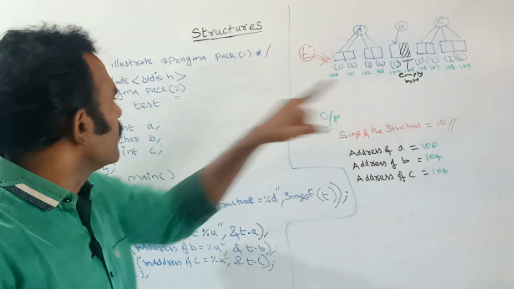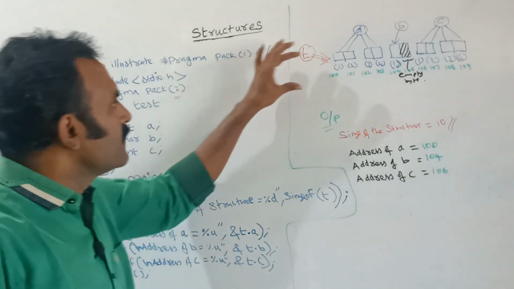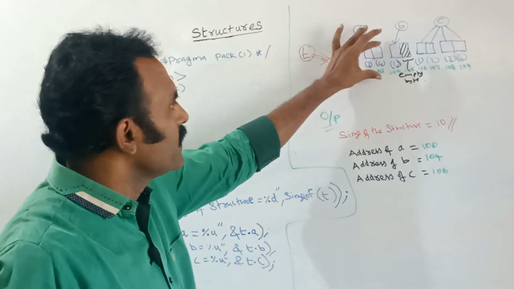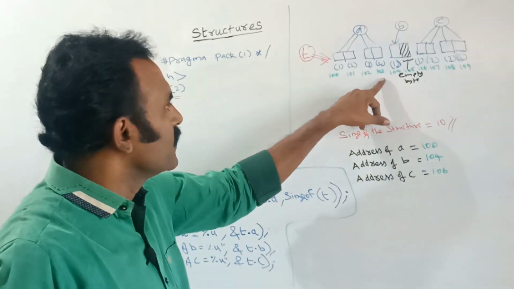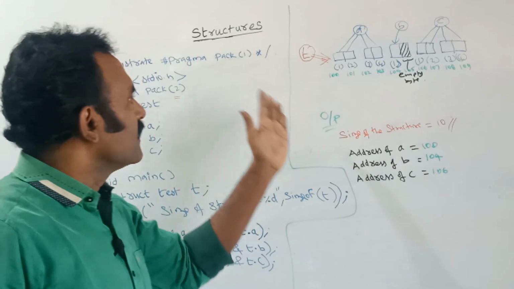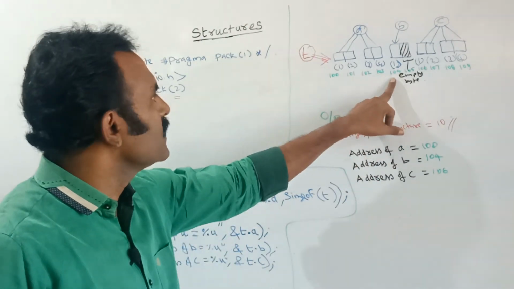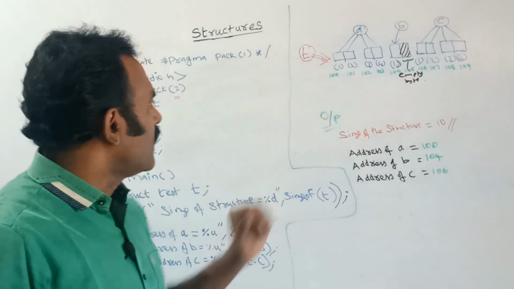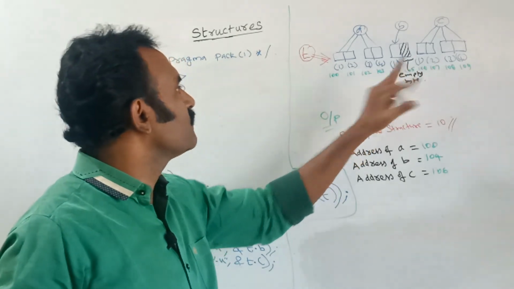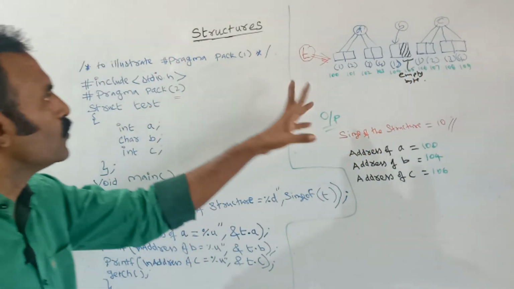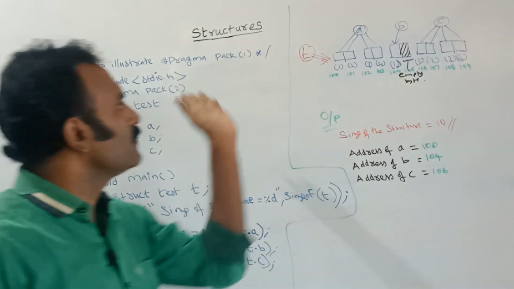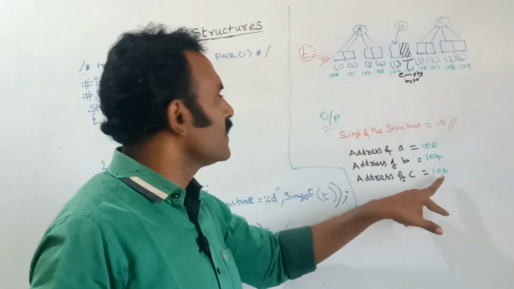Next to the data type A is B. So continually the address for the 4 bytes will be allocated for A, that is first byte, second byte, third byte and fourth byte. For each and every byte there is a unique address. So the character B, this B address starts from next to A. Next 104 is allocated to B. After that, this is a single byte only, so next one should start from 105 only. Here as it is pack of 2, this is an empty byte. So the next data type starts from 106. So here 106 is aligned.